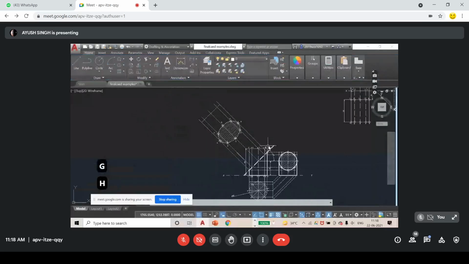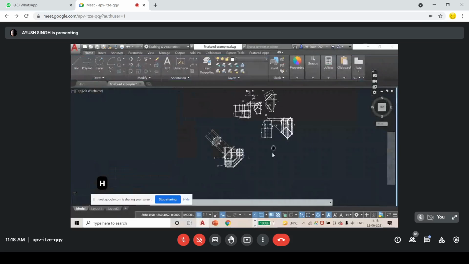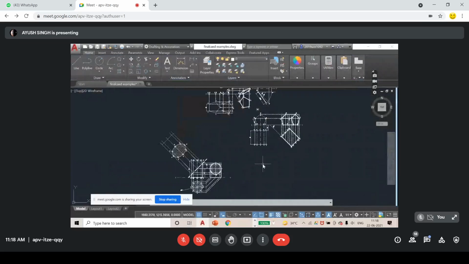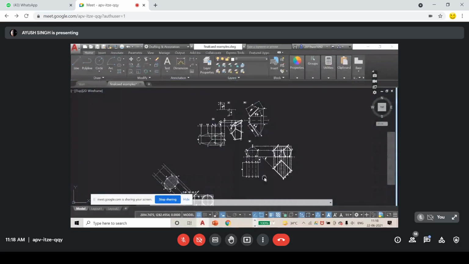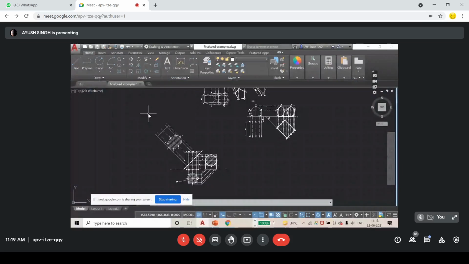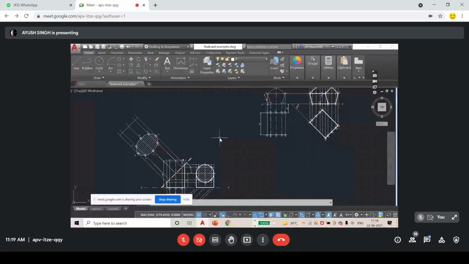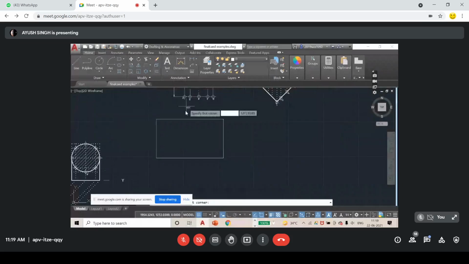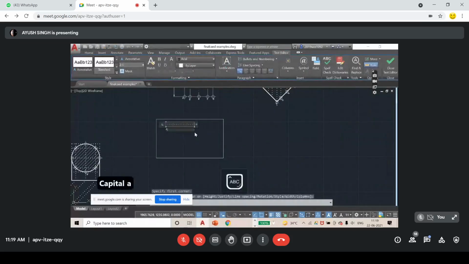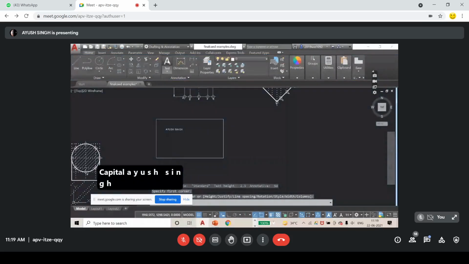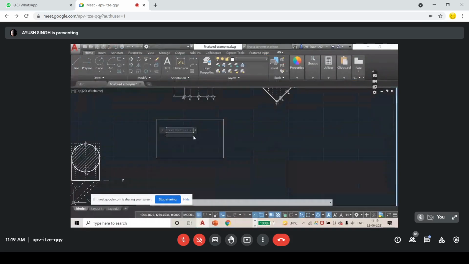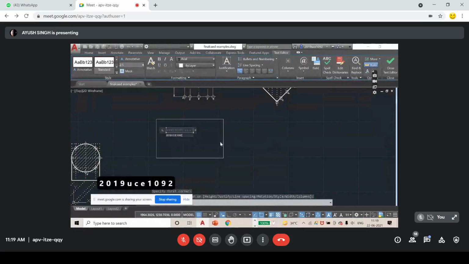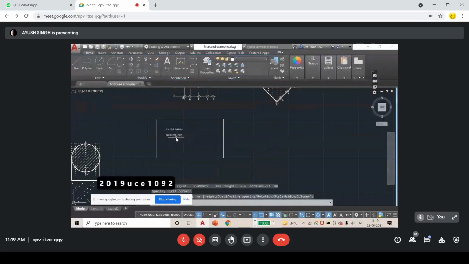So now your question is done. Now the last part, after you are done with your exam, you have to do the adjustments so that you can fit all these things in one paper. First I have to create a block for my name. You have to write the name only here. You write your name and your ID, roll number, maybe. So you have to do this and write.